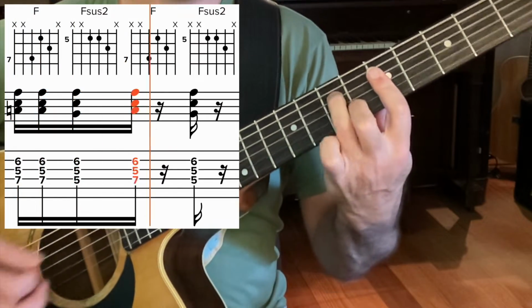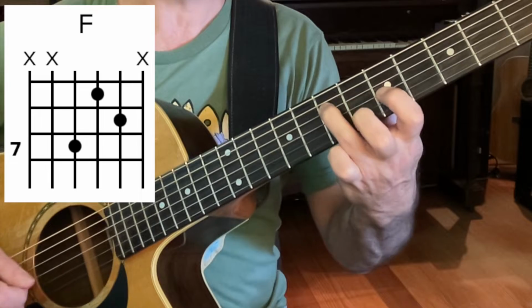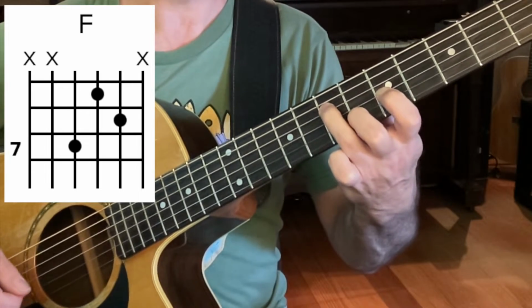Then, so that time I'm only adding my 3rd finger back, so I've got 7th fret, 5th and 6th, which is a first inversion of an F major chord. And I'm still flattening or barring my 1st finger there at the 5th fret because I want to...